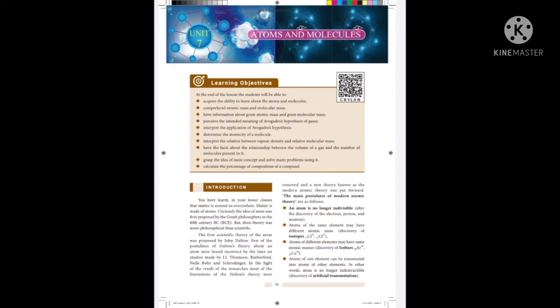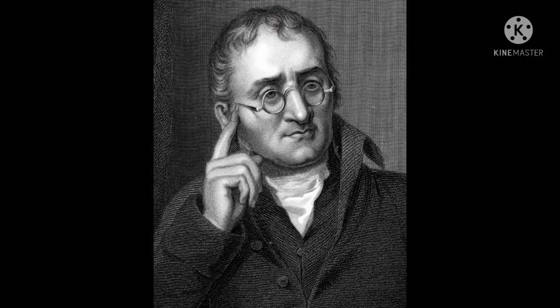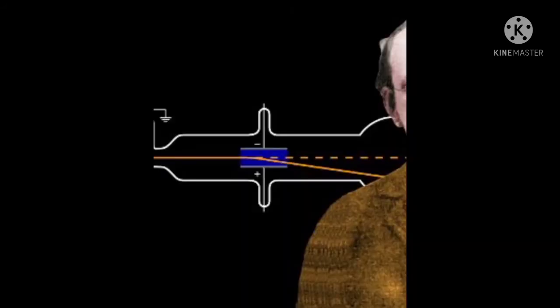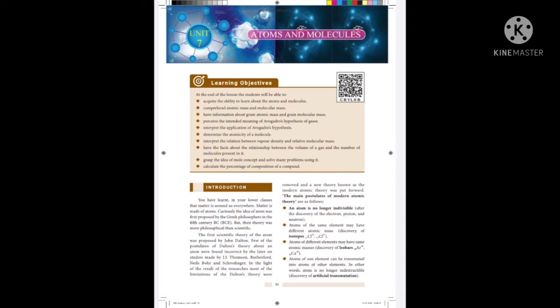The first scientific theory of atom was proposed by John Dalton. A few of the postulates were found incorrect by the later studies made by J.J. Thomson, Rutherford, Niels Bohr, and Schrödinger. After that, the modern atomic theory was proposed. The main postulates are: